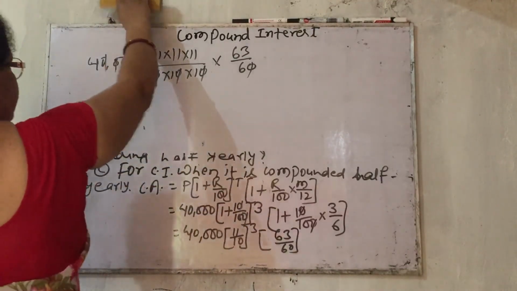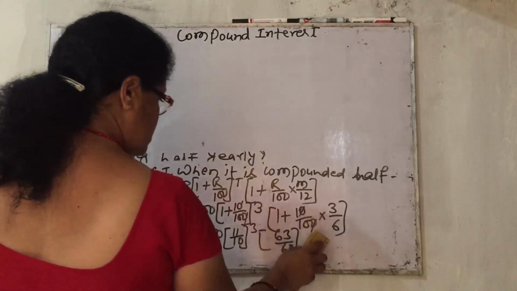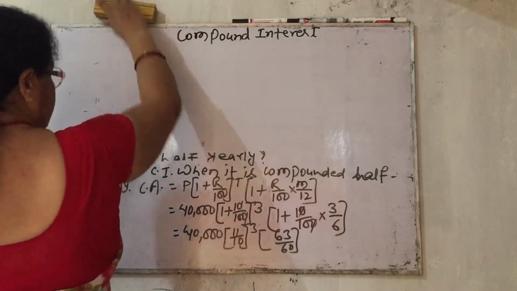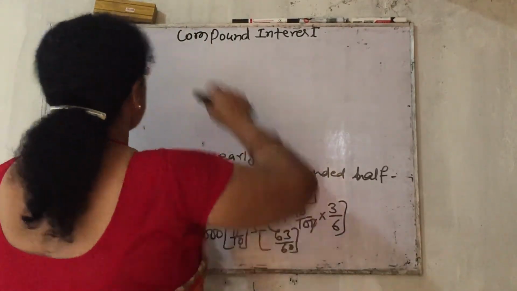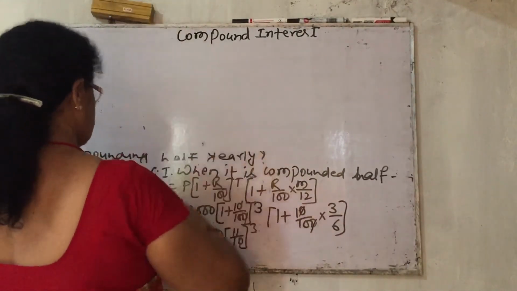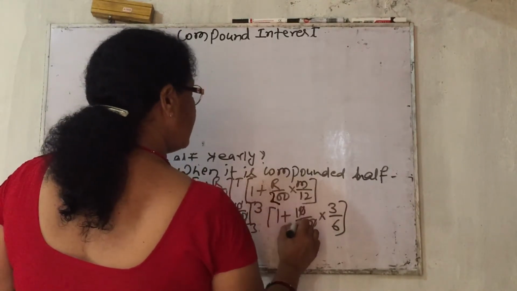Here I did some mistake, I think. Wait just a minute. R by 200, here it should be 200. Here I have done a little bit of mistake. Here it will be, in semi-annually it is